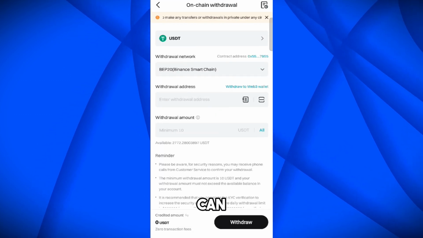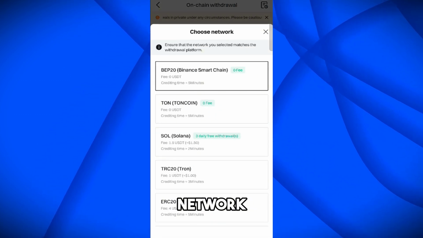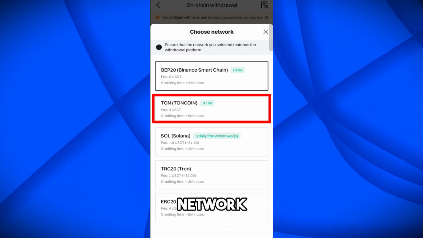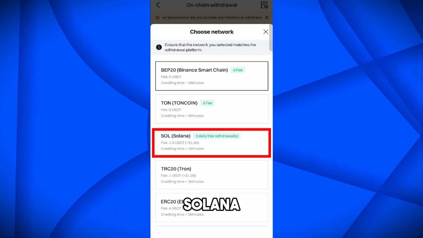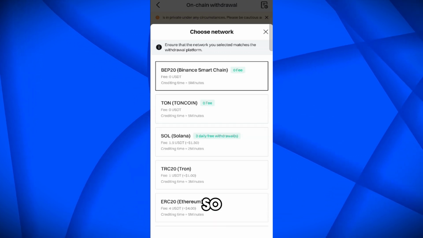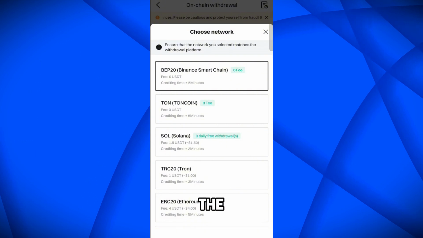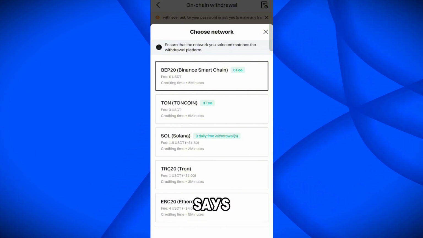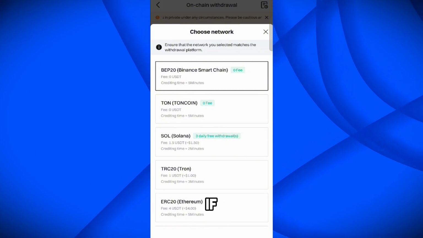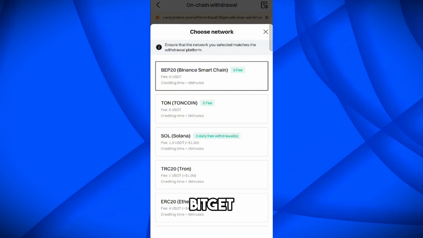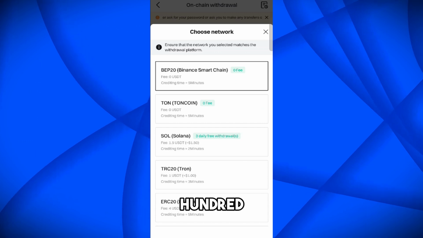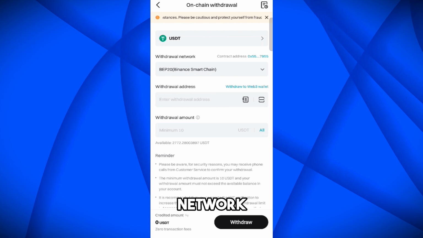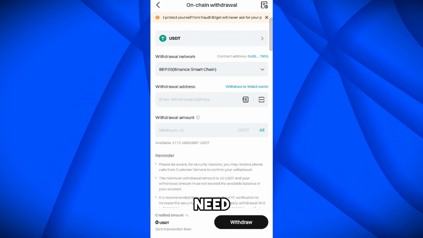Alright, so here we have to select the withdrawal network. For the BEP20 network, it is 0 fee. For the TON network, it is 0 fee. For Solana, 1.5 USDT fee. We have to select the same network on both exchanges, otherwise you may lose your funds. Currently it says the BEP20 fee is 0, so if we select the BEP20 network on Bitget and Bybit, then it will be 100% free. So select BEP20 here. Now we have to select the same network on Bybit and we need the withdrawal address